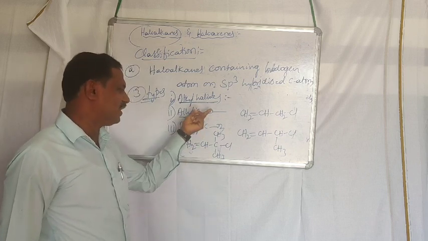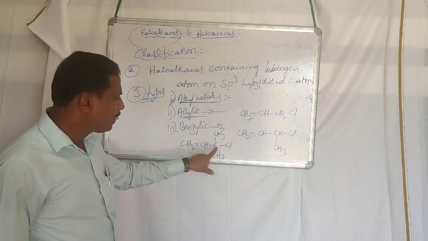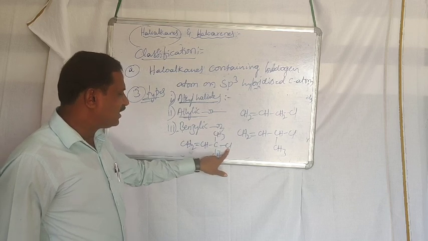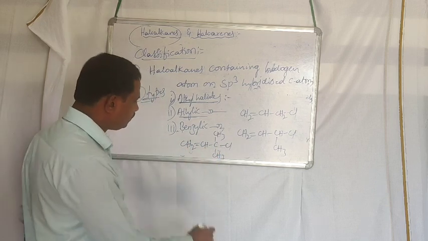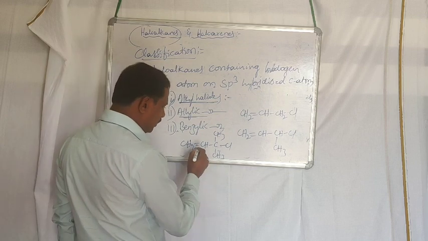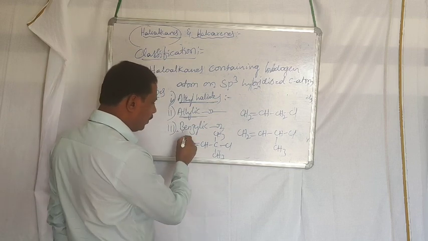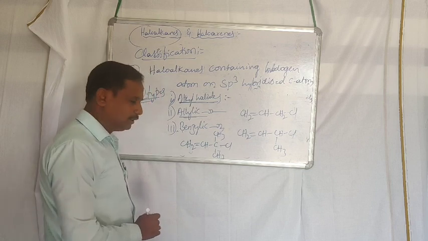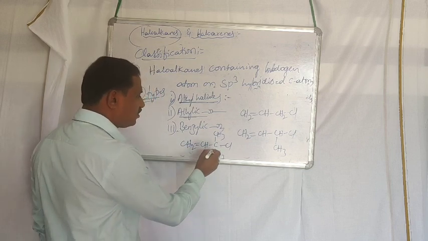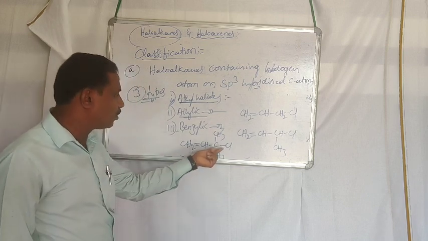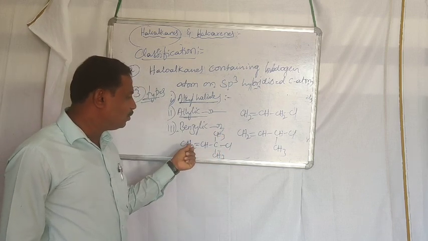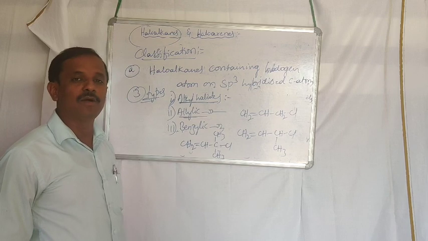What is the reason it's a tertiary allylic halide? Very simple. The halogen atom is attached to the tertiary carbon atom of the allylic group. What is the IUPAC name of this compound? It's 1, 2, 3, 4. Root word is but. 3 chloro 3 methyl but 1ene is the IUPAC name of this compound.